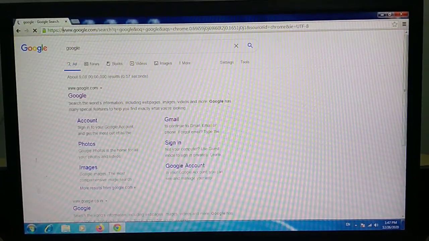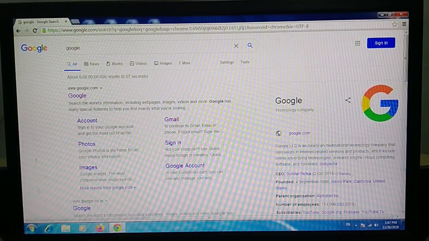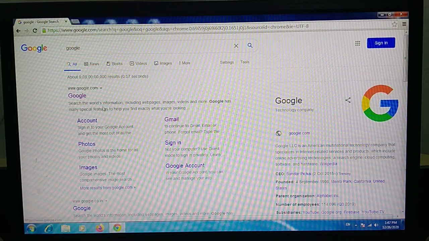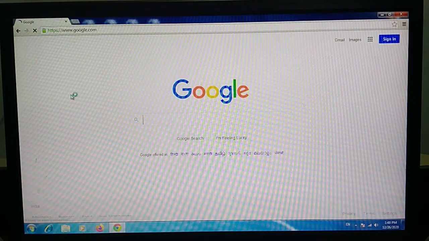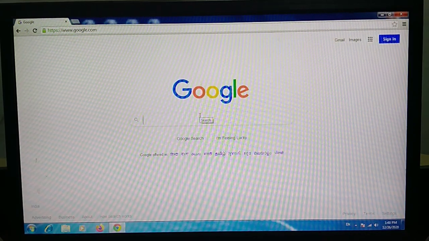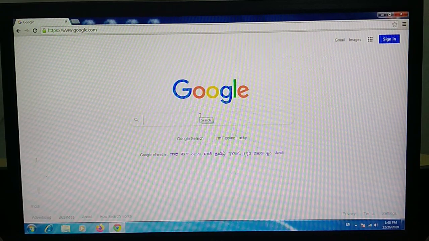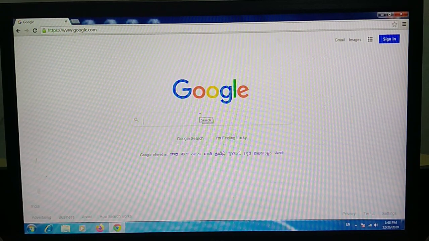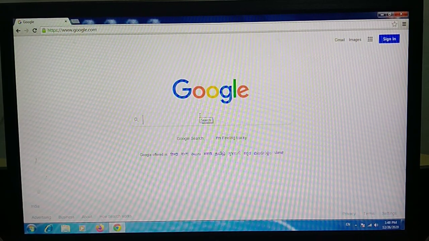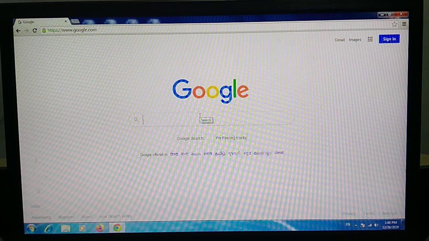I have typed Google here and searched, and here are many websites related to Google. You can open Google by clicking on this one. Google has opened here. The default web browser page opens. You may also click on the Internet Explorer icon on the taskbar to open a browser.